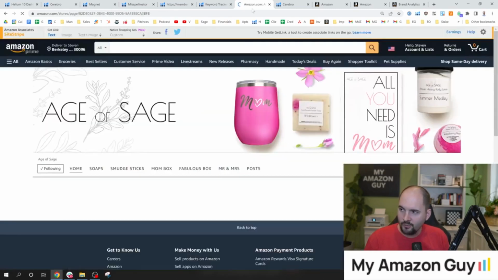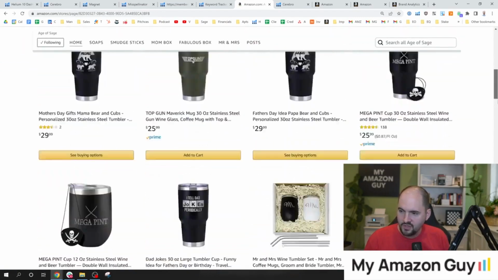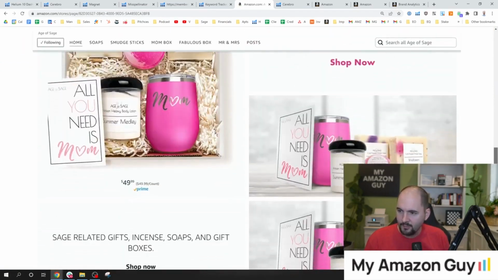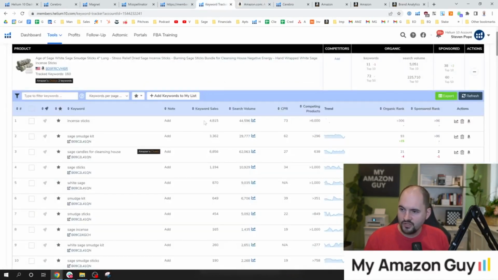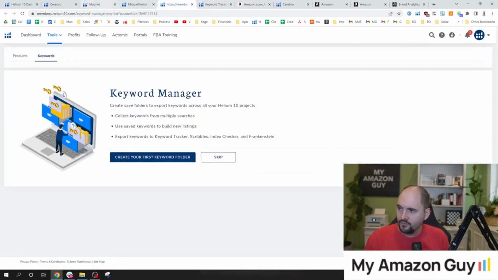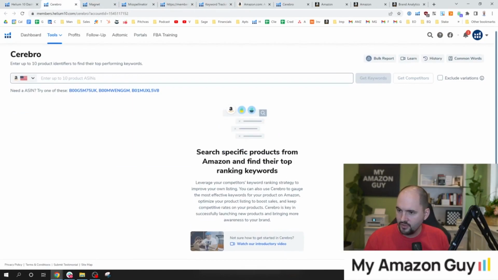And then once you go over to the brand store, you can see there's a bunch of products you can load here, additional opportunities to tell the brand story. You can build out an entire storefront with sub-pages like this. So these are all the things you're going to do once you do the keyword research and you track everything. But if we go back over to Cerebro here and check it out,